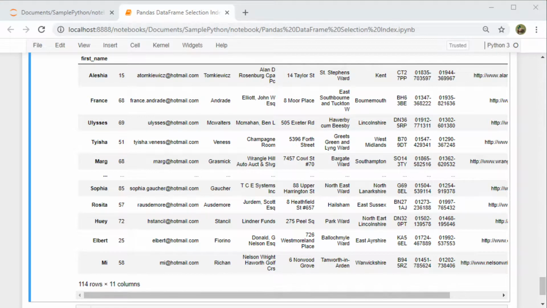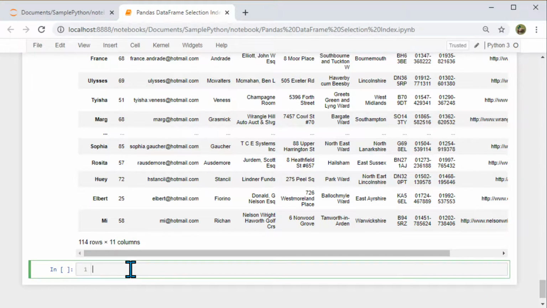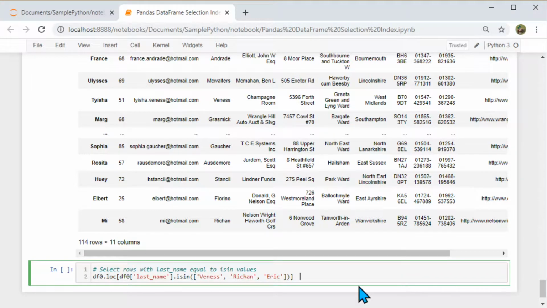Now let's say instead of this you want to search by the last name. Let's look at this piece of code. The data frame last name, this is the name of the column, is in. This is like the IN clause in SQL, and we specify these three names.